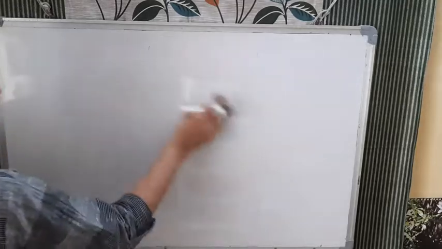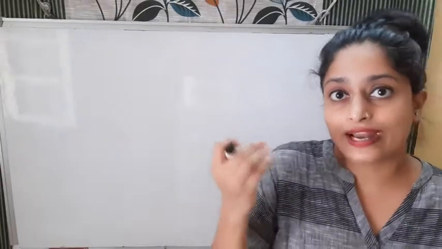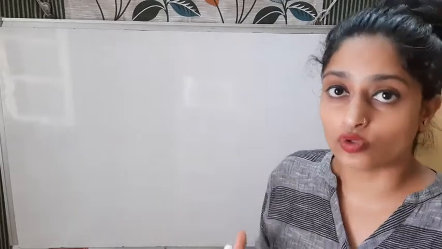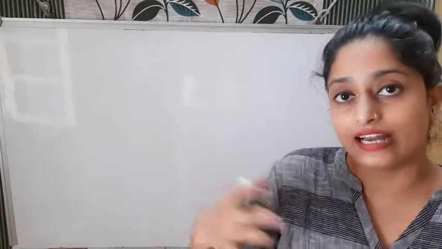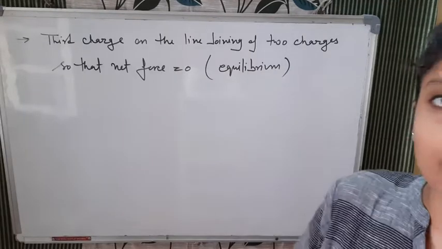Okay, so I hope now you got what kind of numericals these are, if they are polygon kind of numericals. Now one more type of numerical comes, that is, if two charges are there, and we are placing a third charge on the line joining the two charges. At what distance will we place that charge so that the net force on that charge should be 0? We call it the equilibrium condition, when the net force on that charge is 0. So that kind of numerical will also come. So let's try. Now the second kind of numerical that will come is like this.